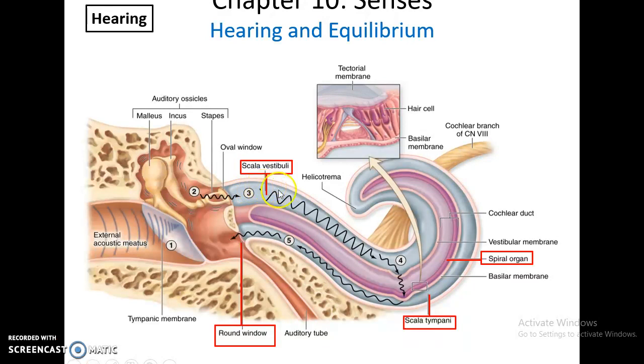Those pressure waves in the fluid will travel down the cochlea until they reach the area that is designed for that frequency. It will pass through into the cochlear duct, hit the spiral organ, the tectorial membrane of the spiral organ. This will cause it to vibrate, activating the hair cells, generating the sensation of hearing. And then the remaining pressure waves will travel through the scala tympani down to the round window where they will